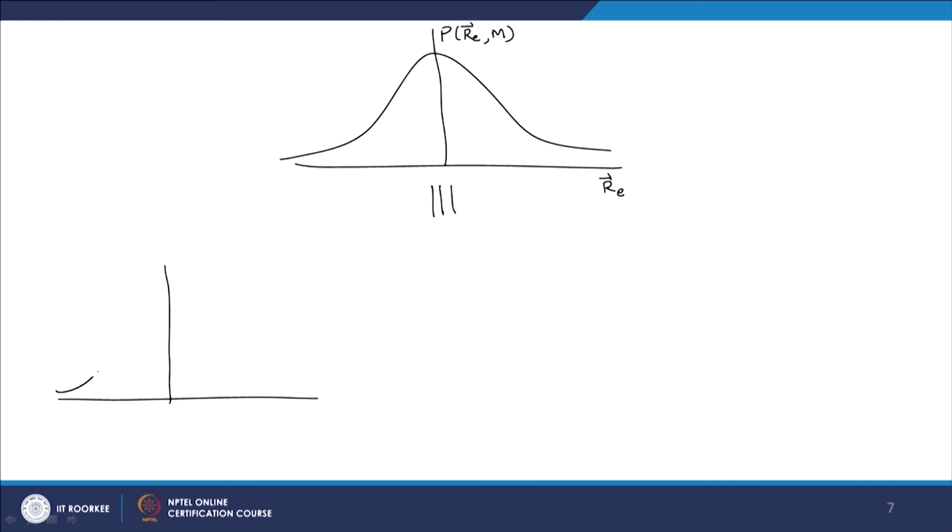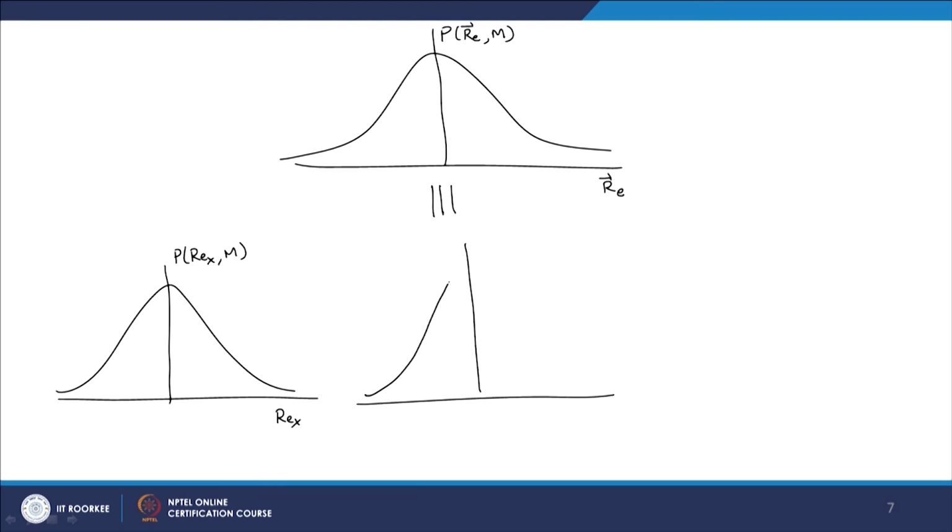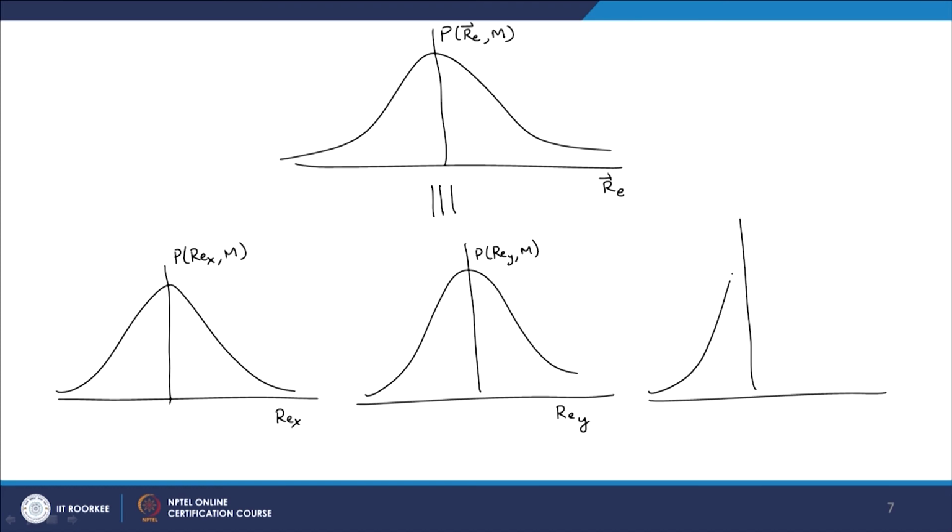The other way to think about it is this particular distribution is identical to the product of the 3 distributions that we get along the x, y and the z axis. Okay. That is one thing to gain from this discussion. The other thing is, and that is what now we will allude to, is we can associate this probability distribution